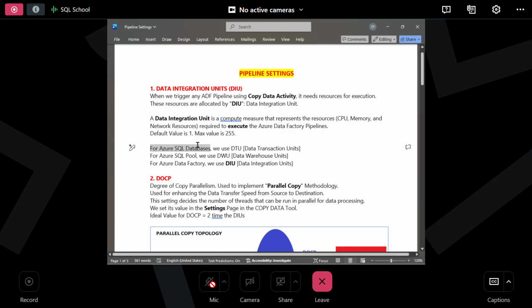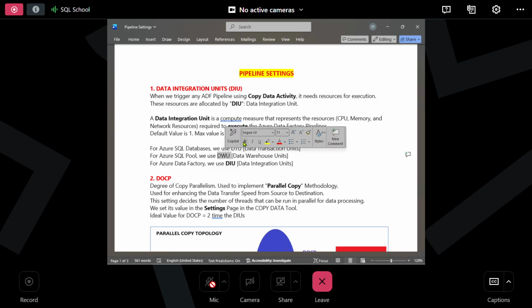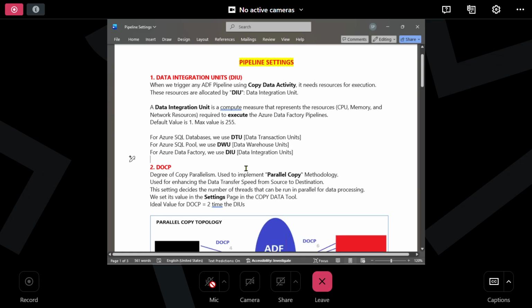For SQL databases, we use DTU. For SQL pool, we use DW. For data factory, we use DIU. So this way, for every Azure resource, there will be a currency unit. There will be a compute unit,